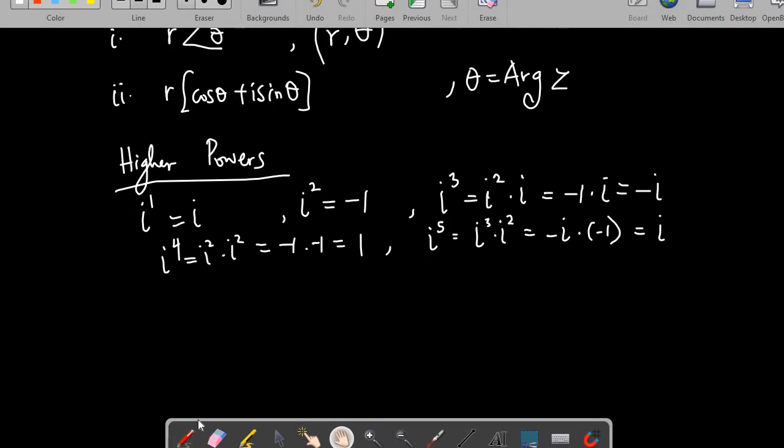Let me continue. What if I have i raised to power 6? I raised to power 6 is simply i raised to power 3 times i raised to power 3, or i raised to power 4 times i squared. However way, i raised to power 3 is minus i. So this will give us i squared, which is minus 1. Now i raised to power 7, i raised to power 7 is i raised to power